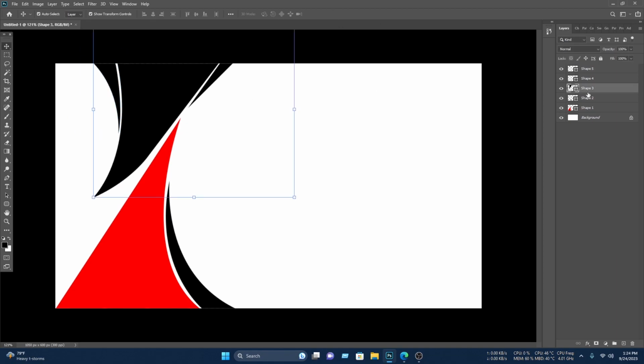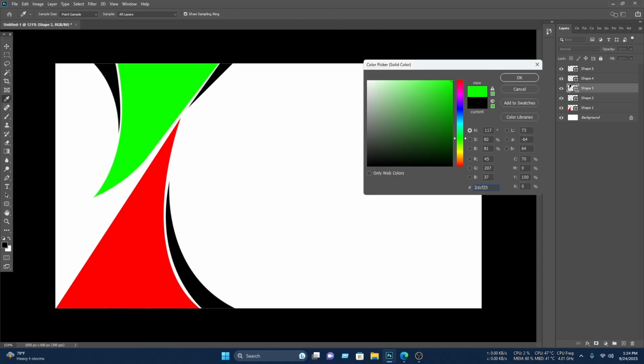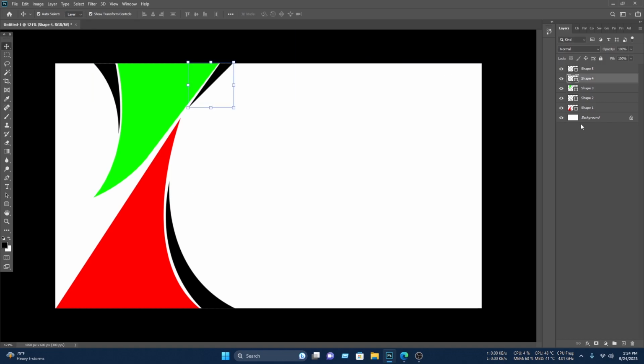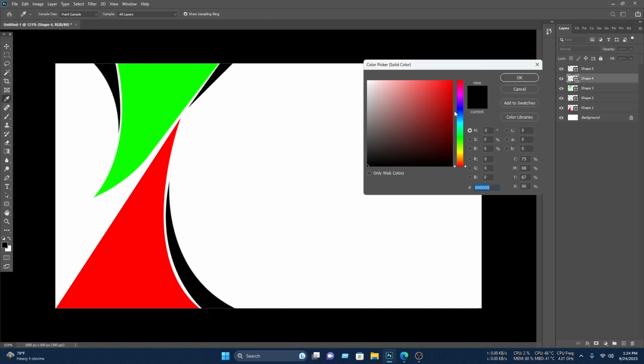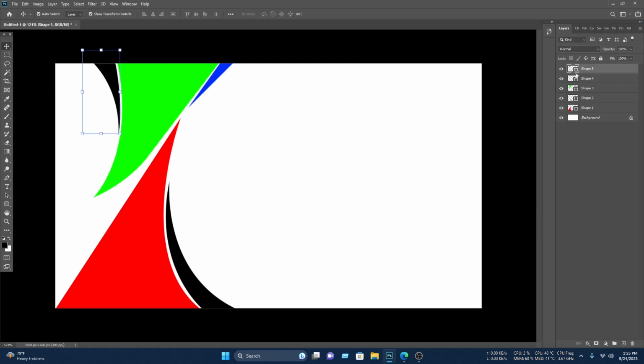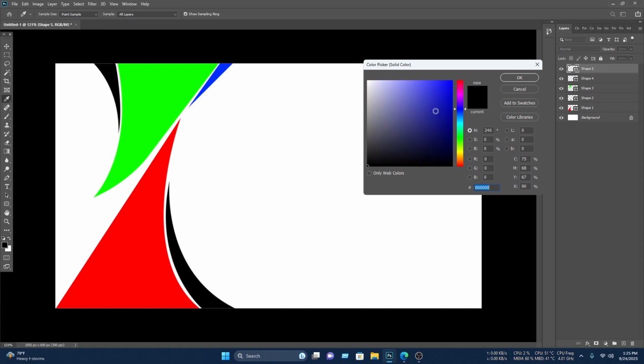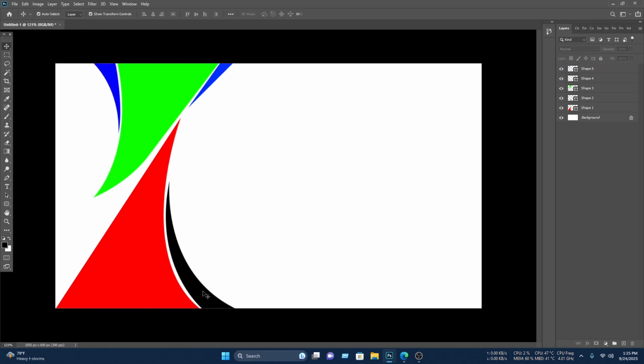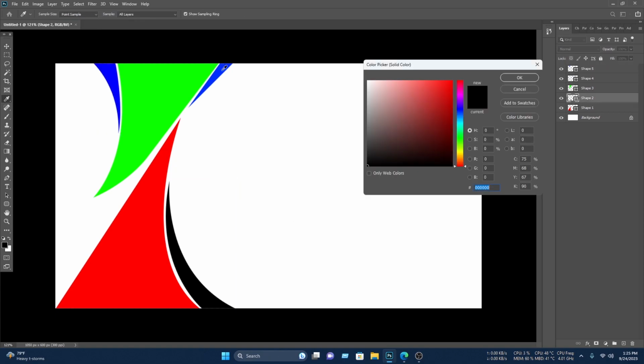After that you have to select this layer, then double click on here, then select the green color, then click on the OK. Then select this, then double click on here, then select the blue color, then click on the OK. Then select this, then double click on here, then select the blue color again, then click on the OK. Then select this layer, then double click on here, then select this color from here, then click